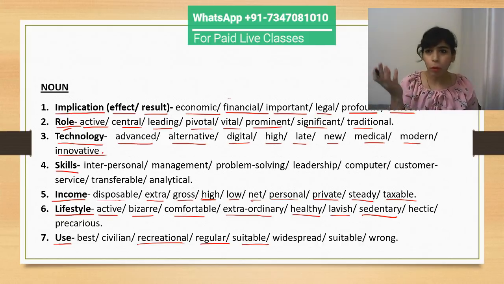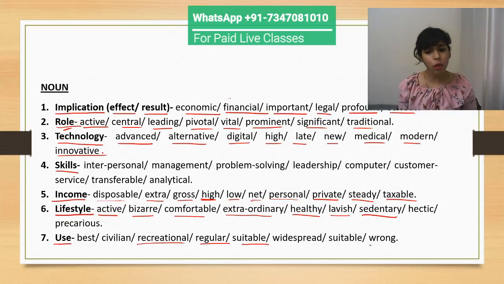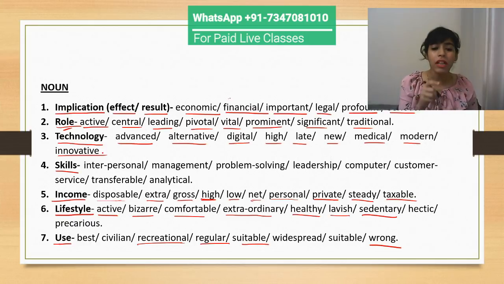This is the most suitable use of, we can talk about any random thing. I have this light in front of me, a table lamp, so I can say this is the most suitable use of this table lamp. This is the wrong use of collocation. So you have used collocation in a wrong manner, or this is the wrong use of the word technology, widespread and suitable.